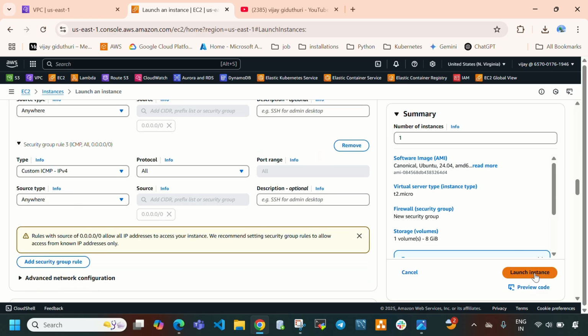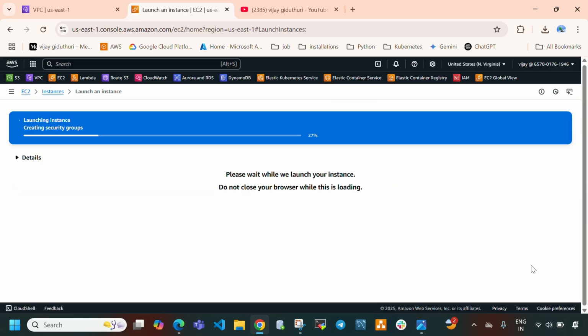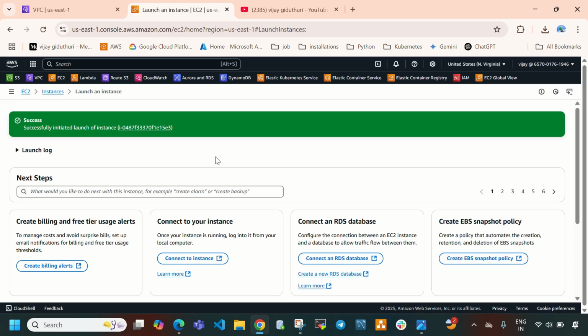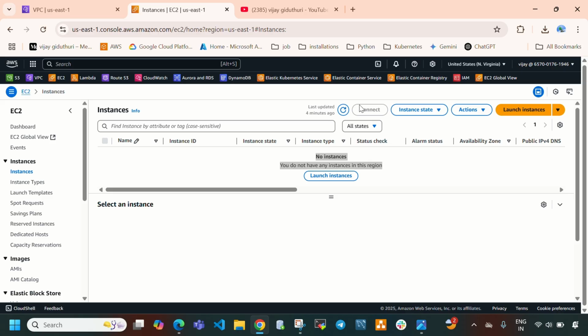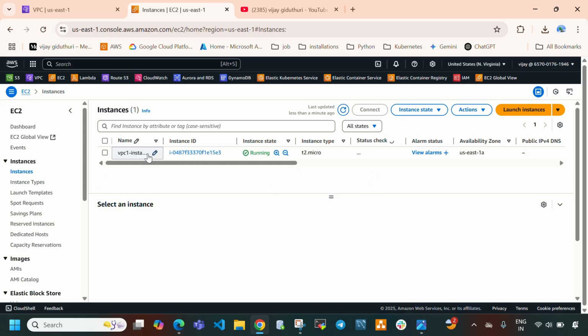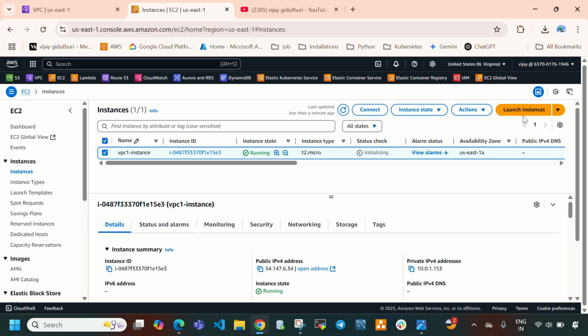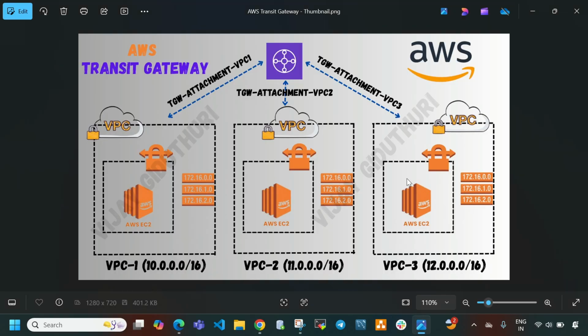So directly select launch instance, then select instances, and let me refresh this. Here you can see our instance 1 is active and running. Currently it is in initializing state, so let's wait. Now let me create another two EC2 instances under VPC2 and VPC3.